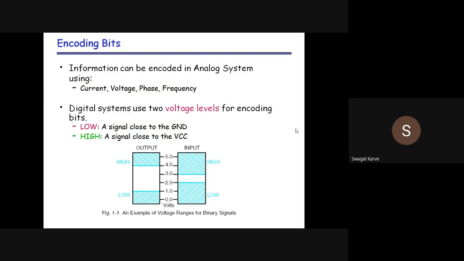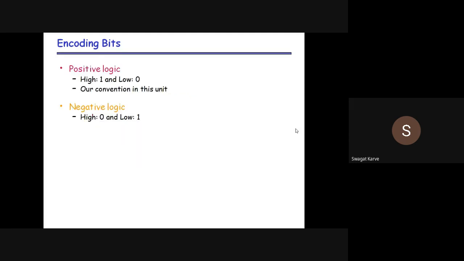Again, for different technologies, as we have discussed, there are different voltage ranges for logic 0 and for logic 1. But the thing is, the voltage nearer to 0 in any technology, we are treating as logic 0 or low voltage. And the voltage which is very near to the VCC or the maximum voltage that you have given, we are treating as a high voltage or logic 1, right? So this is about the encoding bits.